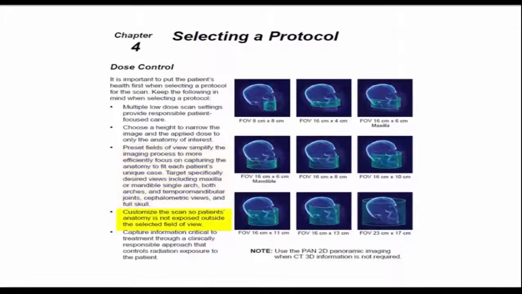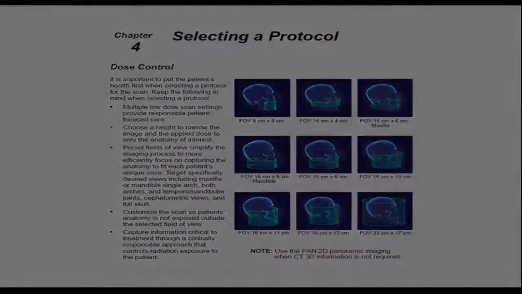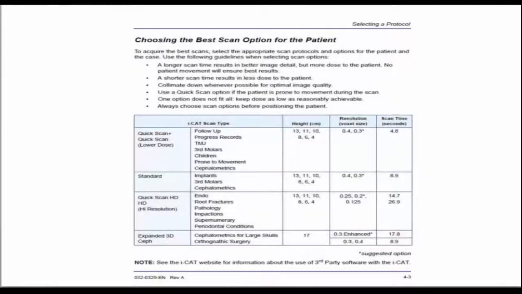Customize the scan so patient's anatomy is not exposed outside the selected field of view. Capture information critical to treatment through a clinically responsible approach that controls exposure to the patient. Use Pan 2D panoramic imaging when CBCT 3D information is not required. To help you select the best scans, the iCAT Flex user manual contains suggestions for appropriate scan protocols for the